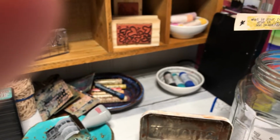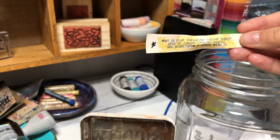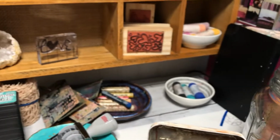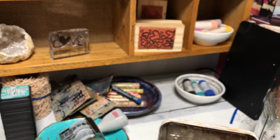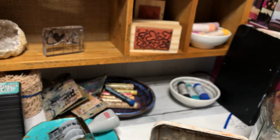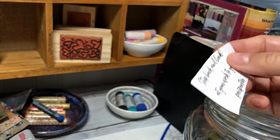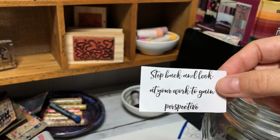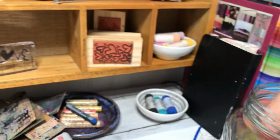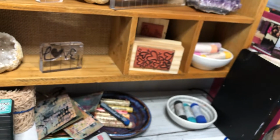What is your favorite color today? Grab it and paint it. Crayon, pencil, paint, draw a shape with it. Let's see what else. This one says use acrylic. This one is upside down. This one says step back and look at your work to gain perspective. That's always a very good idea. It's not really a prompt, but